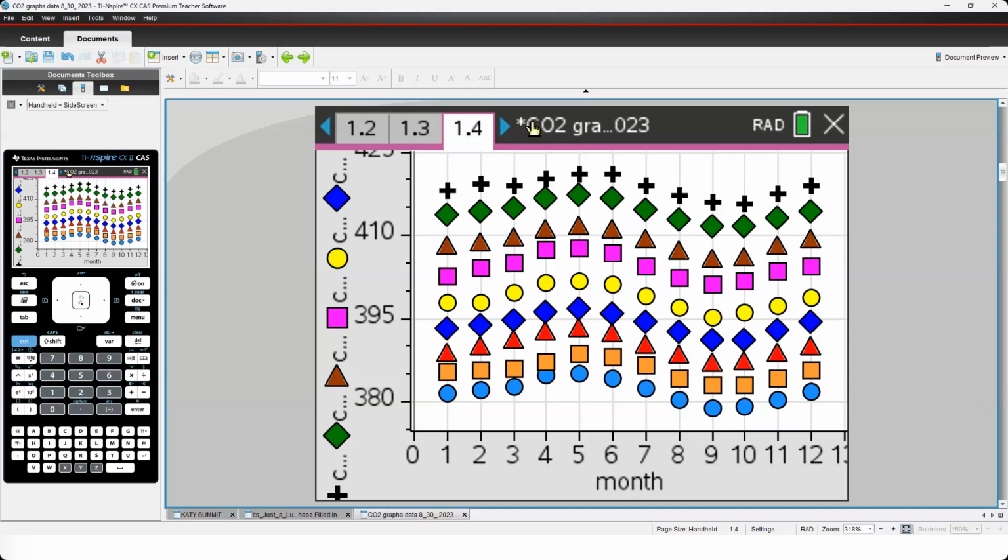And Gail, while they're typing, I'll tell you what, when my students learned that they could add multiple Y variables and compare multiple years on one screen, oh my gosh, it was so exciting.